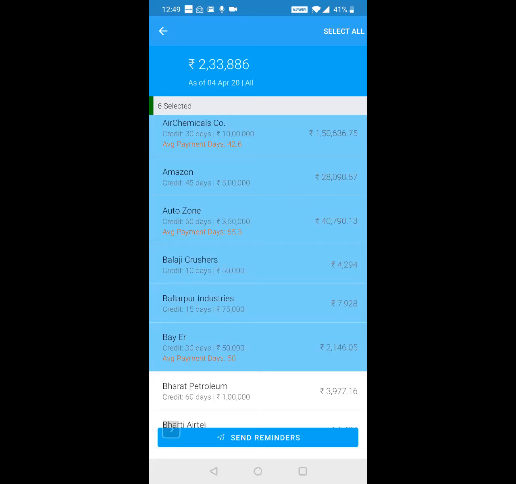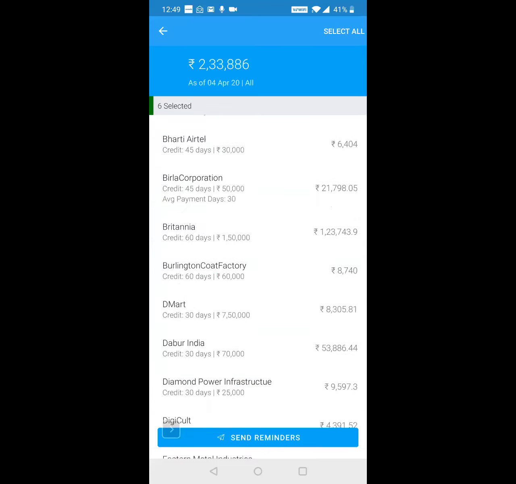Now this outstanding will only go via email. SMS integration we are working on, so it will be live in few weeks or months. And WhatsApp integration is not possible as of right now because WhatsApp does not allow third-party integration. So all these reminders will go via email only.